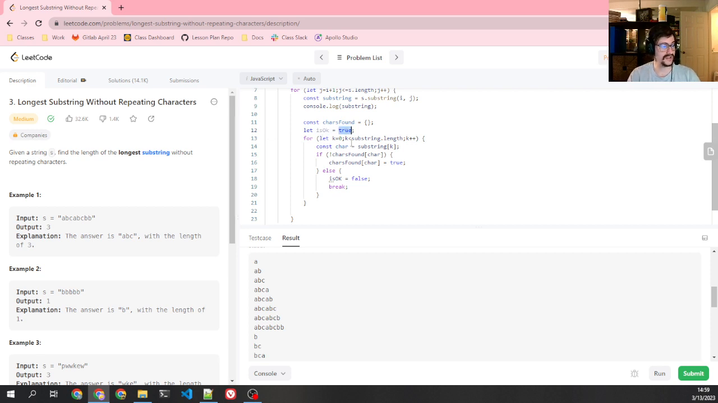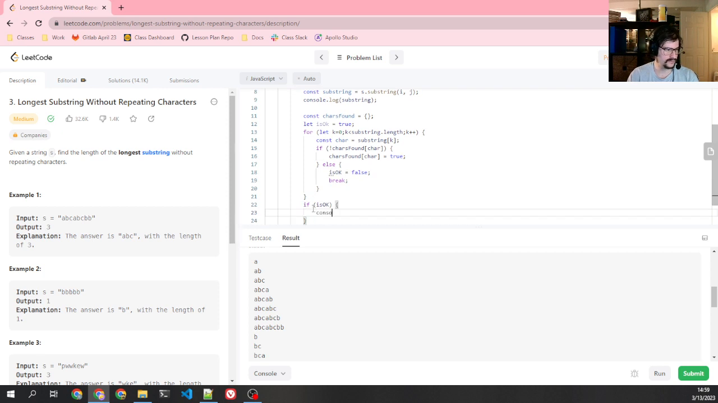We flag, I set to true by default, because basically the default I want it to be true, and if something happens in here I want to set to false. Sometimes you do the opposite, and you'll say, if the default is false and something happens here I want it to be true. But in this case I'm doing it that way. So if is okay